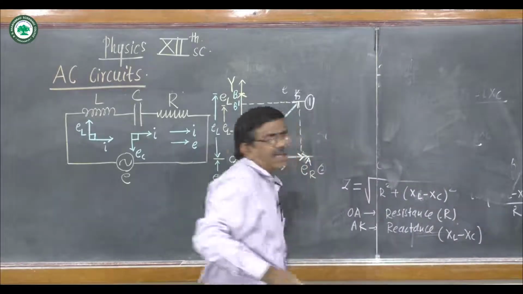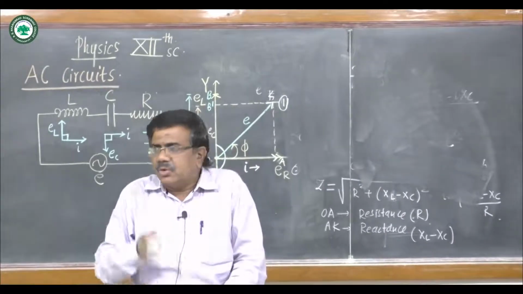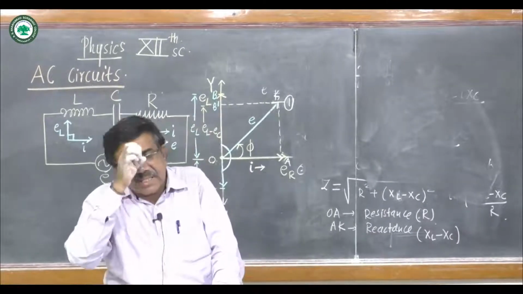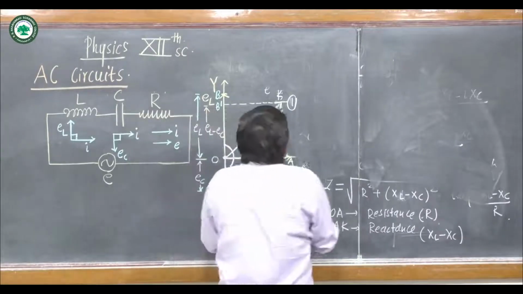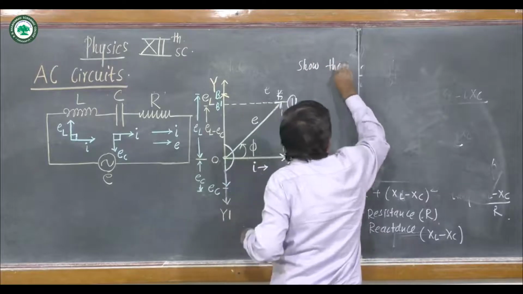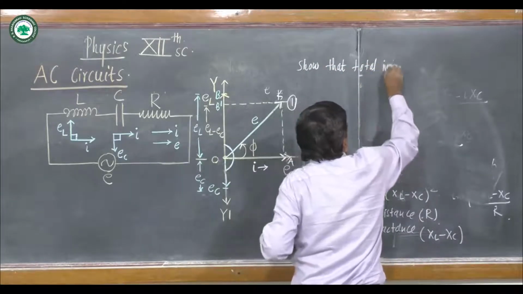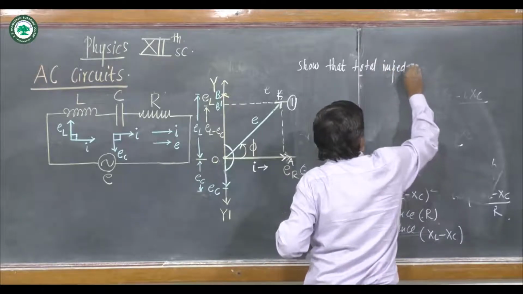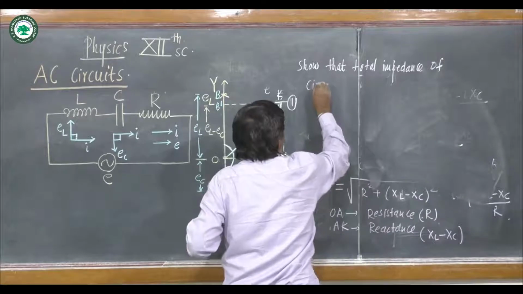The question is very simple. I will write the question here: Show that total impedance of circuit decreases